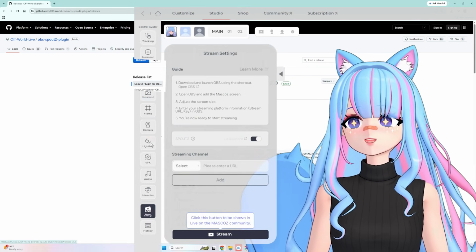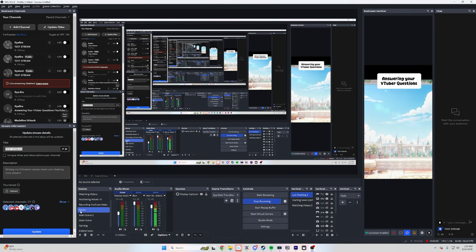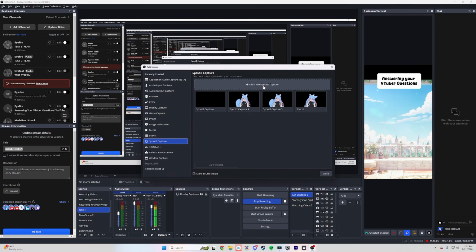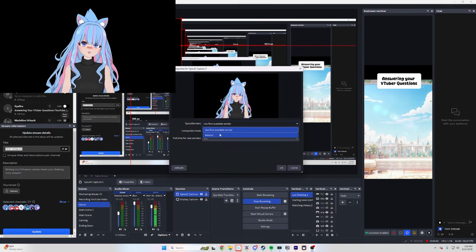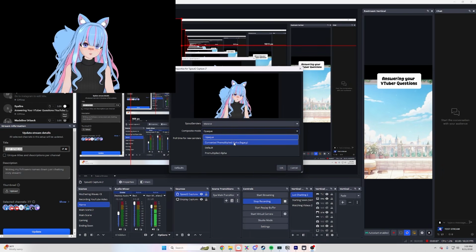Then go back to MASCOZ and make sure that you go to the stream settings and toggle on Spout 2. And now in that new scene that we made, go to the sources area, right click, add source, go down to Spout 2 capture. If you don't see this, restart your OBS after you had finished installing it. Click add a new spout capture, drop this down, click MASCOZ, and then for composite mode, select converted pre-multiplied alpha,